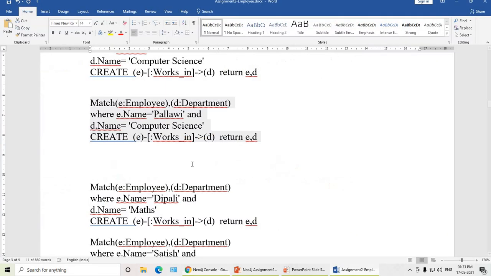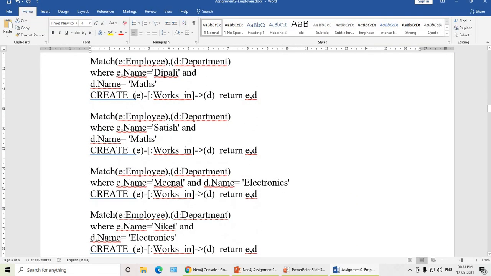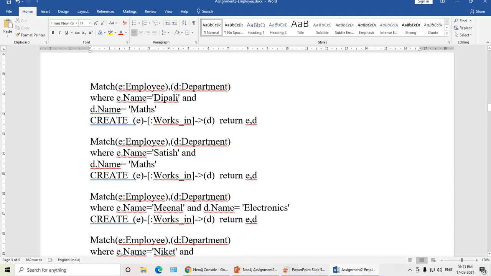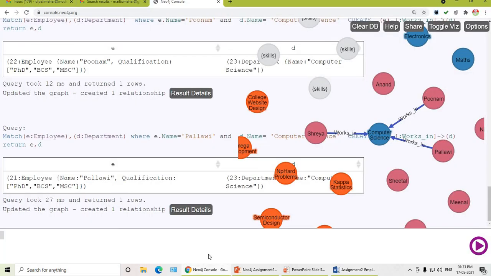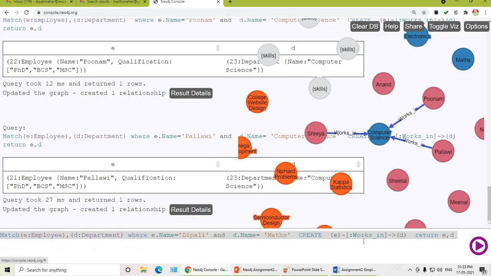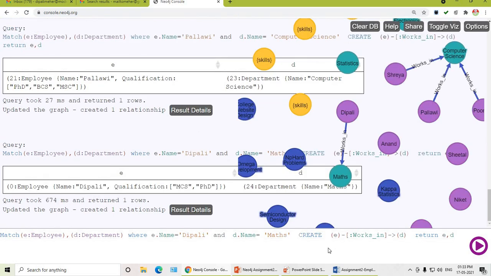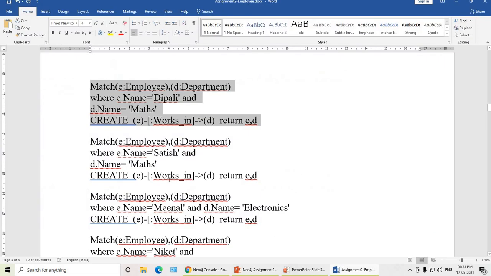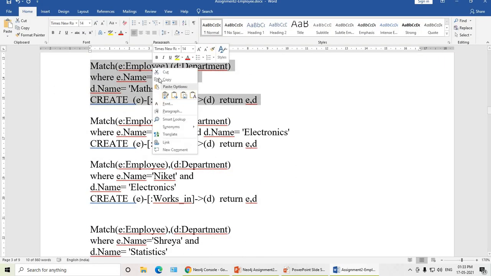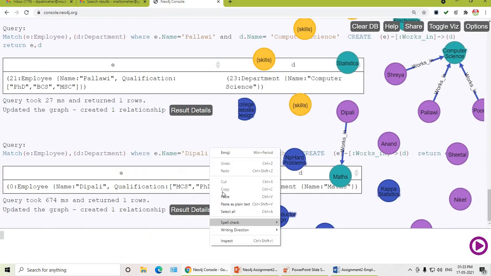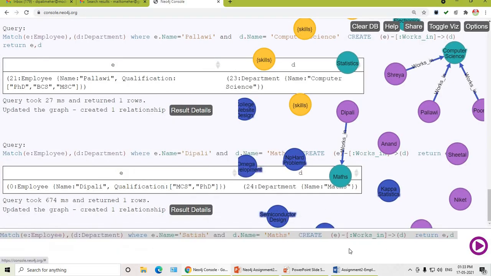It is very easy once you know how to create the relationship: source, relationship, destination, with the help of where you can match the attributes. See, with the help of return, the output is also displayed in a table format. So let us create the nodes, relationships that employees are working in a department.